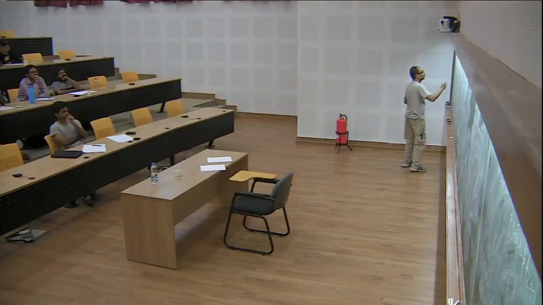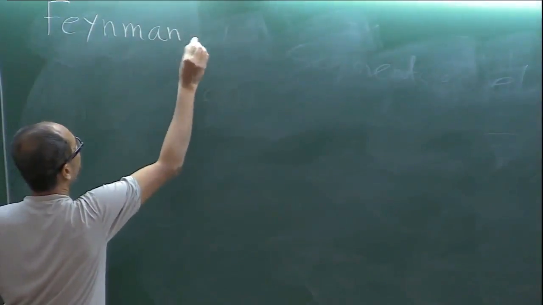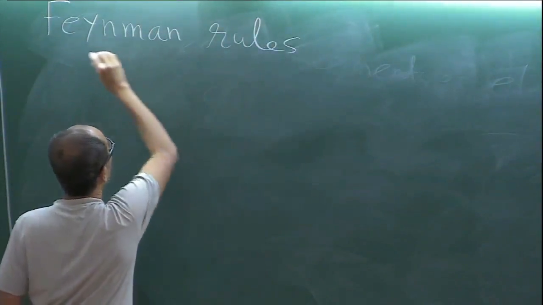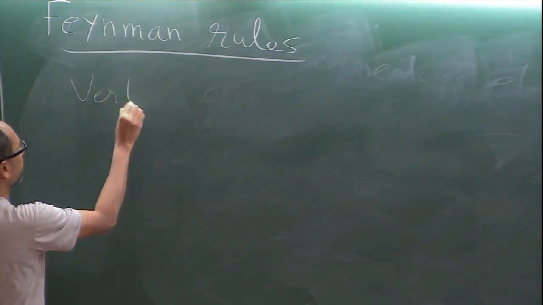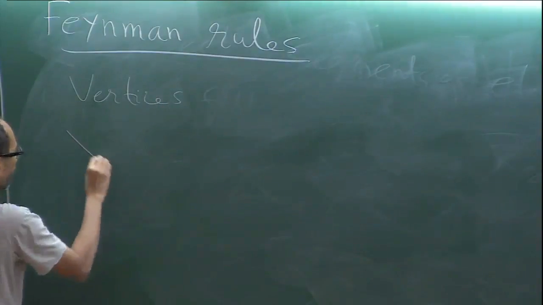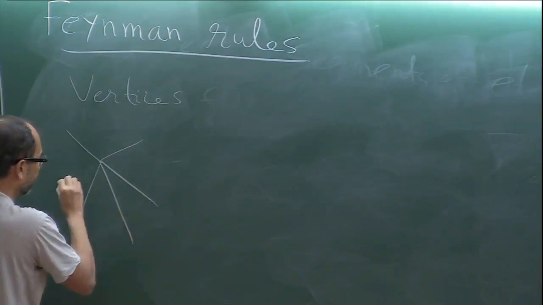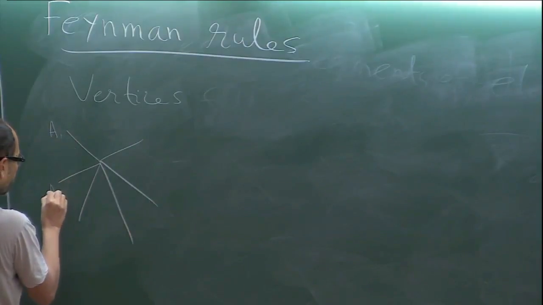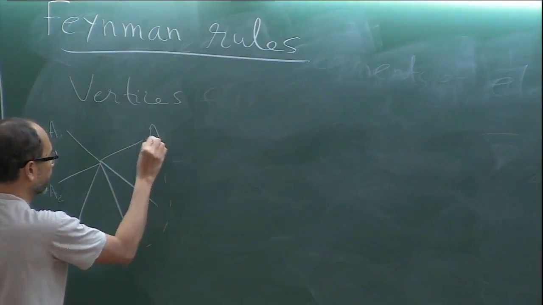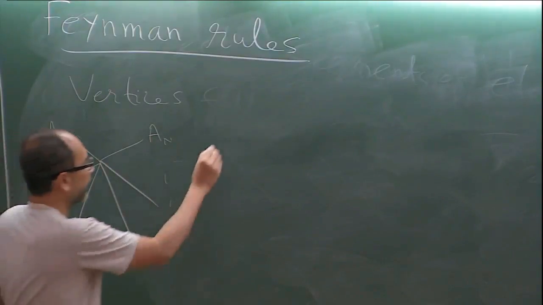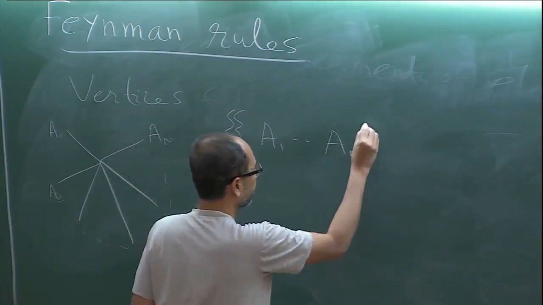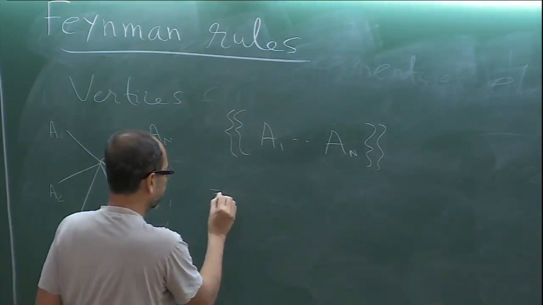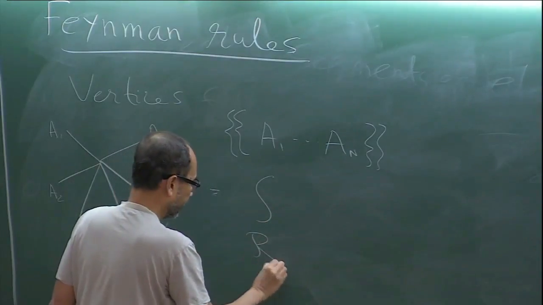Okay, so now let me try to convert this into Feynman rules. First the vertices, these are easier. So what is a vertex? A vertex is typically some n-point function, A1, A2, these are the external states up to n. I'll use a symbol, the double bracket of A1 to An. And by definition, this is an integral over R bar Gmn